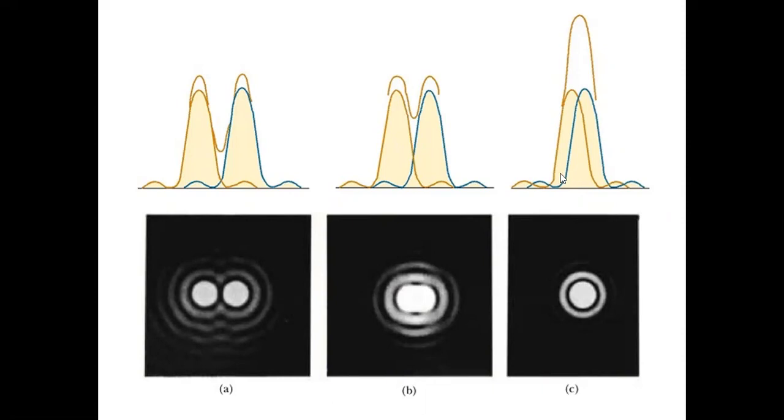Unresolved condition is one where the central maxima of one headlight or one pattern and the central maxima of the other pattern are so close that the central maximum of one pattern falls within the minimum of the other pattern. What do you mean by that? This pattern will have its brightest light, then dark, and another bright place here. Within the dark of this, we have the central maximum of the other. In short, if the two lights are very far away, the central maxima of the two patterns are overlapping. That's all. So you can't distinguish. You see a single intensity here.